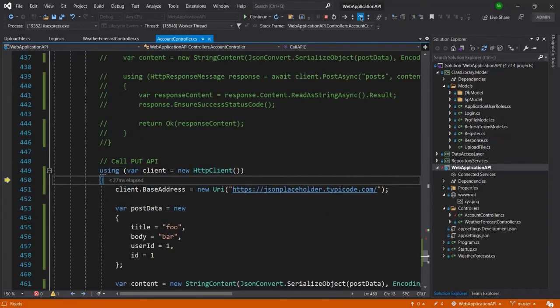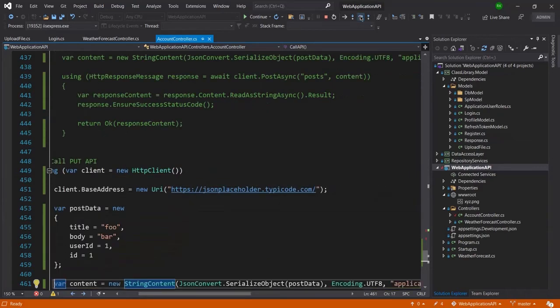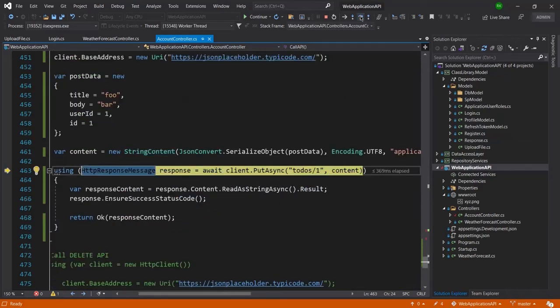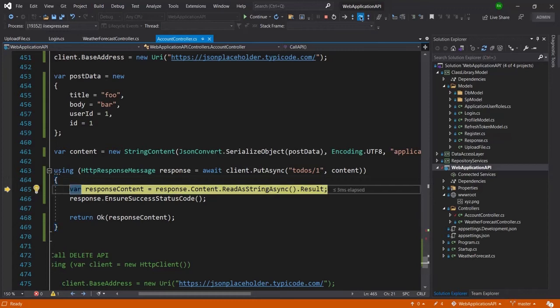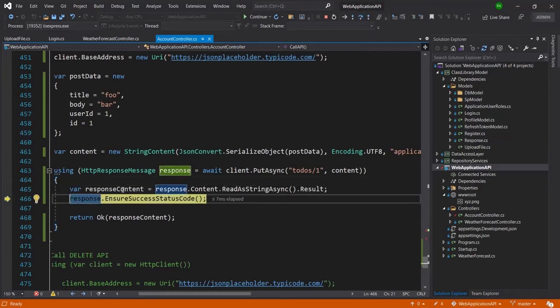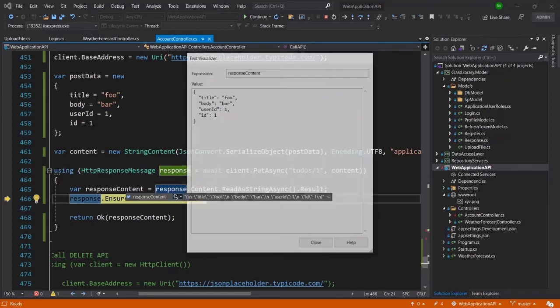So you can see it is creating the base address, then post data, and then it is serializing the object into JSON, and now this is calling the API. I will get the response from here, and you can see this is the response which I have just received from the API.